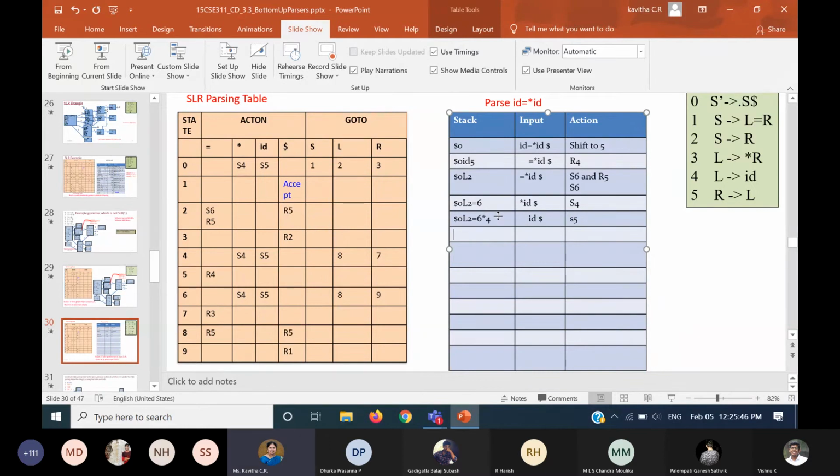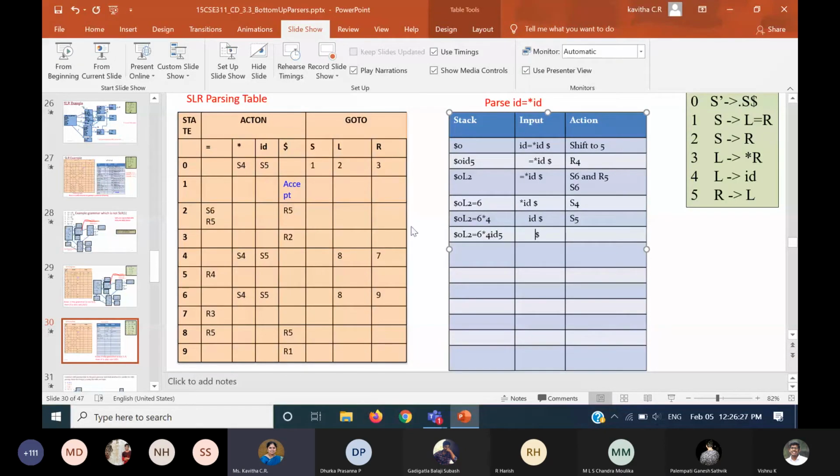So shift means all this will be there along with the new symbol. So ID followed by the state number 5. So I have only dollar now here. And at 5 on dollar, do you have anything? Did we process it properly? So what is it that we are getting now? We have ID pushed, and then we have got the state number also. At 4 on ID, we had S5. Yes, we have got that.